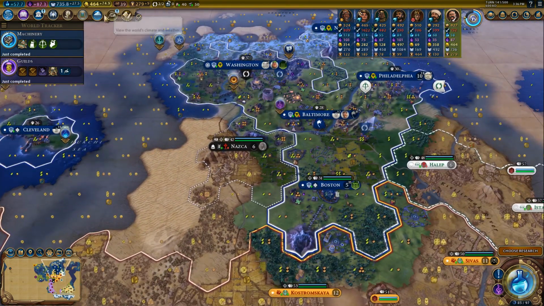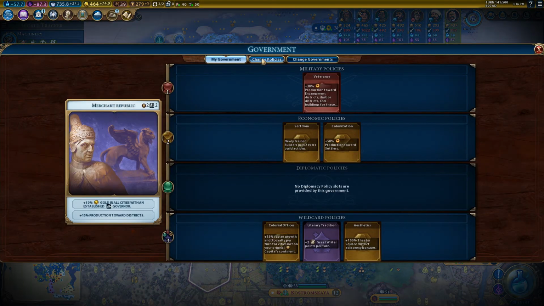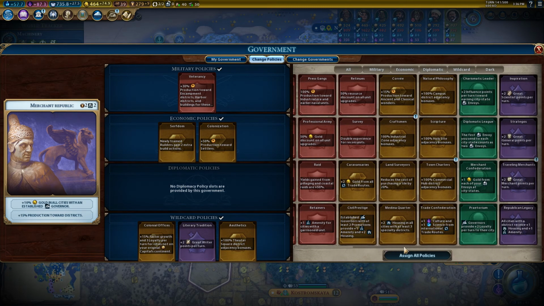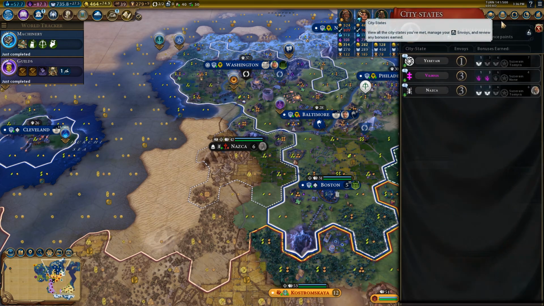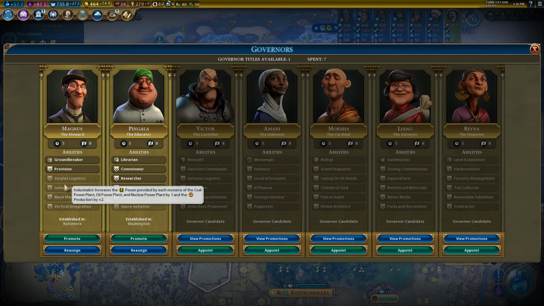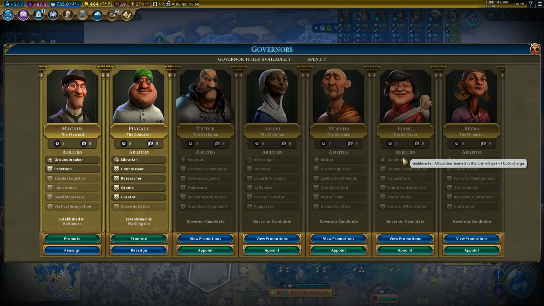And then let's go back and see if there's any policies we want. Not that I can see. I think we're still good with what we have. I am going to take... We don't really need the space initiative, to be honest. Surplus logistics is not bad. Everything, I think...